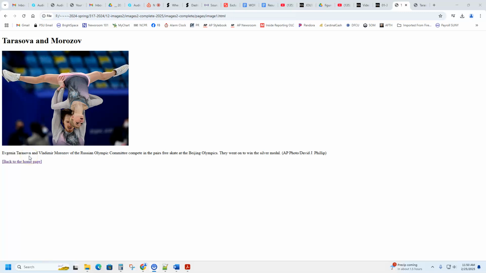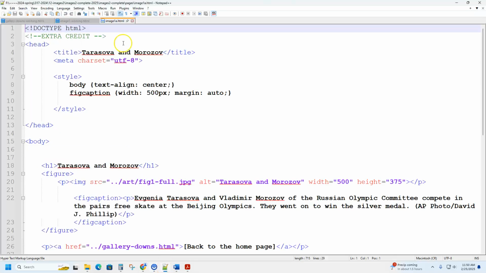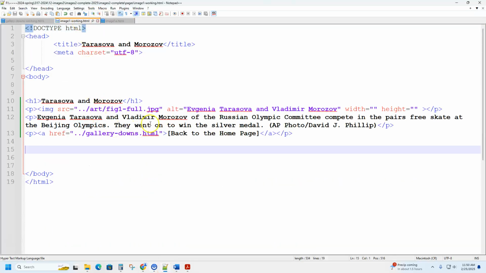Remember, this is the completed page for the regular image page without the extra credit. And remember, you will have to have added your width and height in here. And did I do that? Here it is. Actually, I didn't. I'll just remind you that you have the numbers on your sheet here. But this is a horizontal, so it's wider, so it's going to be 500 width and 375 for height. But then on your next page, your image 2 page, if that's a vertical, and at least one of these is, you'll have to change those